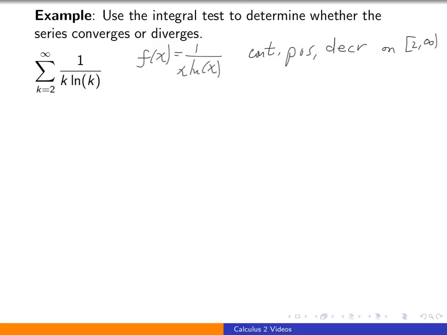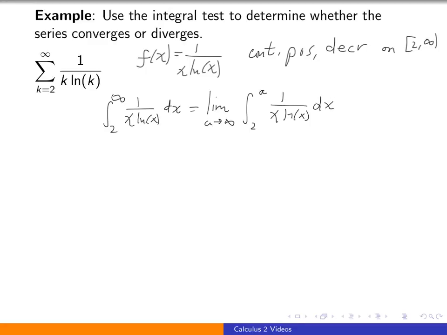And now that we know the hypotheses are satisfied, we can go ahead and evaluate the associated integral. So in this case, because the lower index starts at 2, we are going to be evaluating the integral from 2 to infinity of 1 over x ln of x. Because it's an improper integral, our first step is to rewrite this as a limit. So the limit as a approaches infinity of the integral from 2 to a of 1 over x ln of